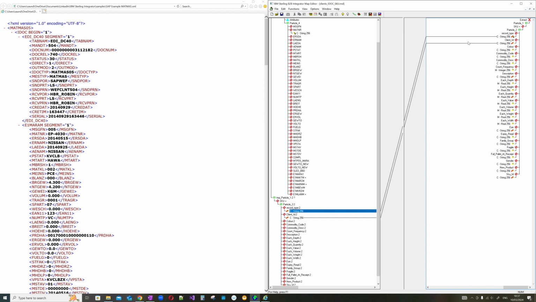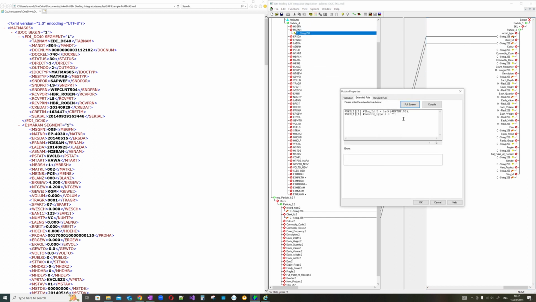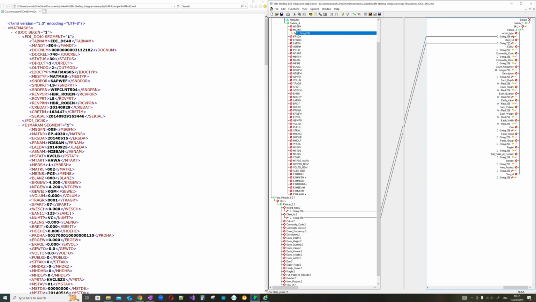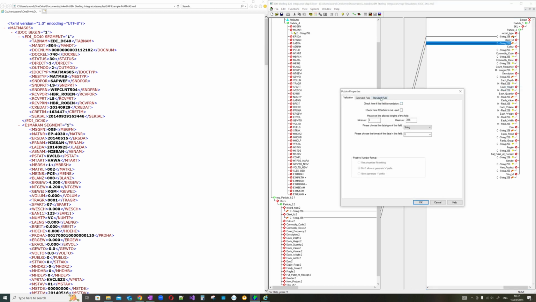So now we've done that, we should probably do the same for the client ID. So again, as we were before, we might want to do the client ID here. Client ID 2, again, because it's called client ID 2. We might want to go on here and then we go client A or whatever. But here again, we're going to go into client ID. We're going to go properties, standard rule,